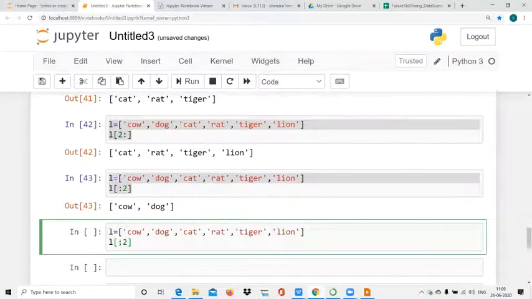L[:-2]. What will it print? See, this is -1, this is -2, -3, -4, -5, -6. Tiger, lion.